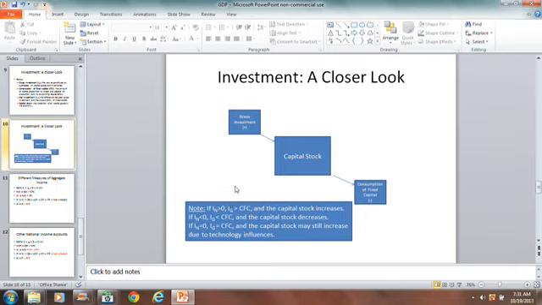And the effect is that the capital stock will get bigger. And as the capital stock gets bigger, we have more machines, more tools at our disposal, and so our prospects for economic growth will go up. So an expanding capital stock means that our economy has an infrastructure that's capable of producing more goods and services, and of course that would be a plus for